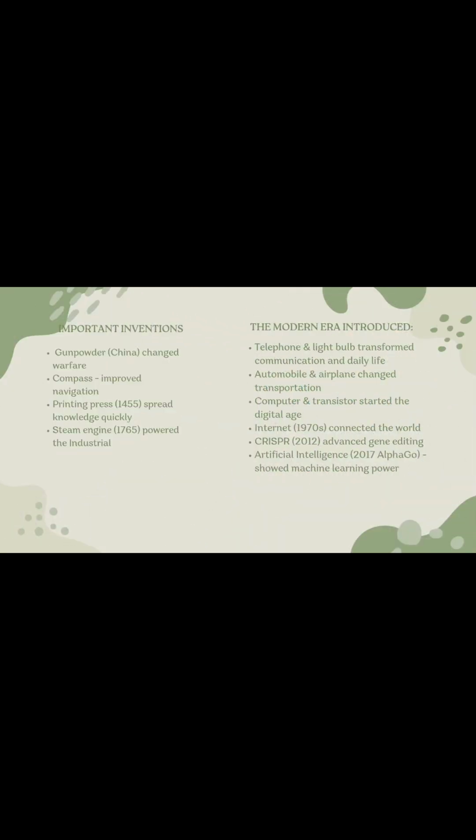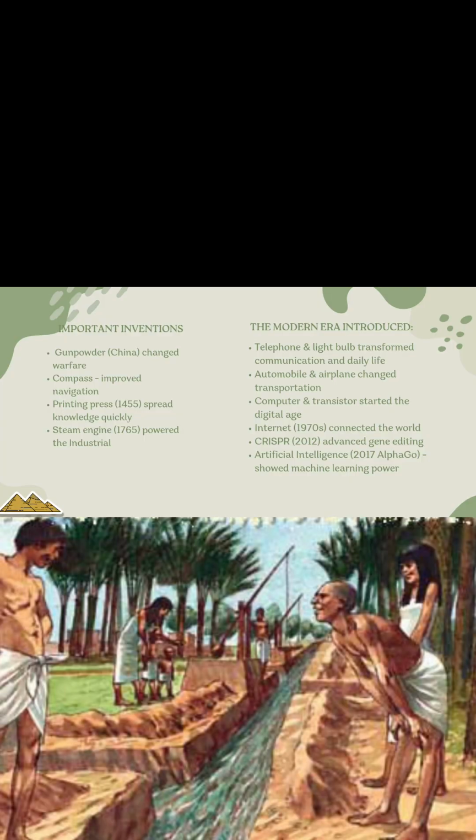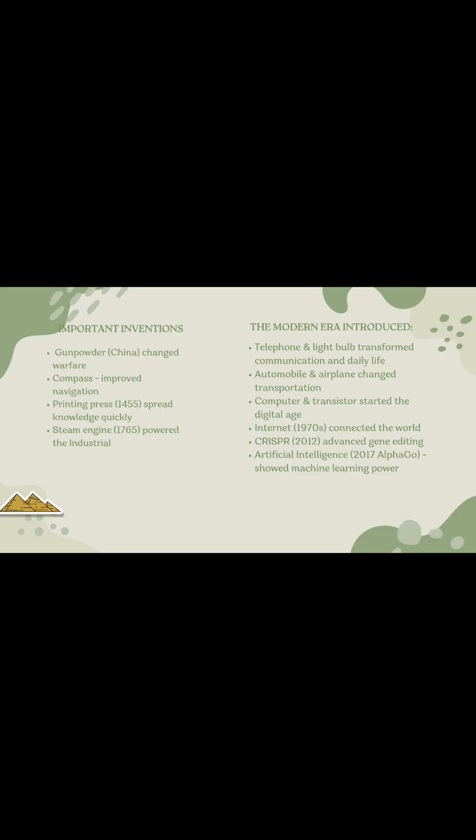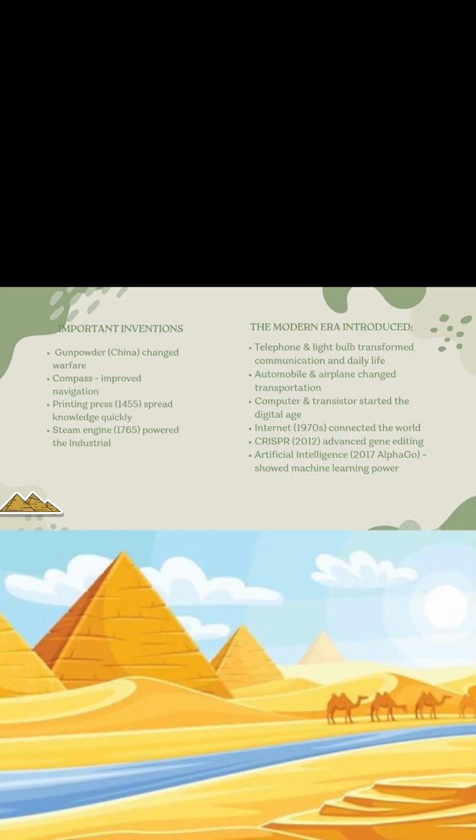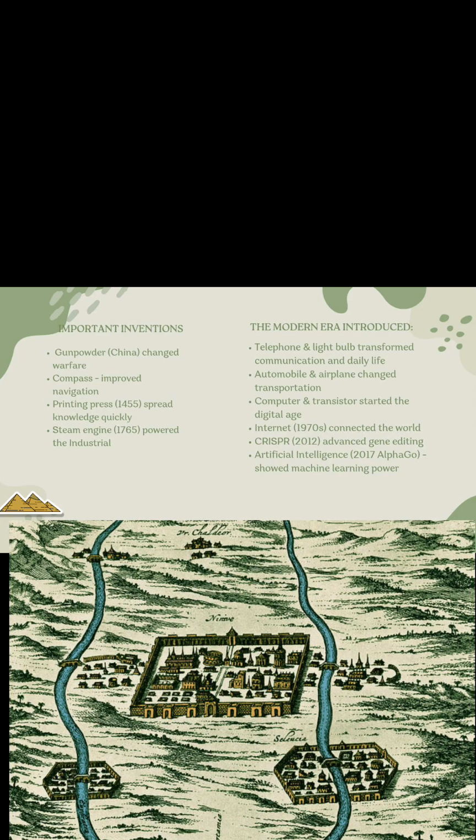In ancient civilization, about 6000 BCE, irrigation began in Egypt and Mesopotamia. Irrigation means bringing water to crops using canals, ditches, and small rivers. In Egypt, the river is called the Nile River. In Mesopotamia, they are called the Tigris and Euphrates Rivers. They used this water to farm even during the dry season. This helped them to grow more food, survive droughts, support large populations, and build strong civilizations.